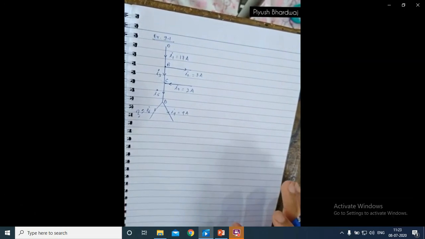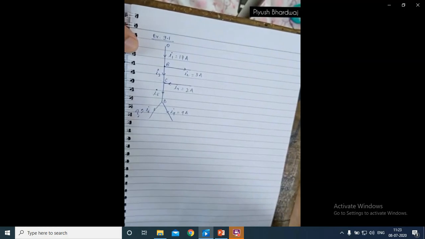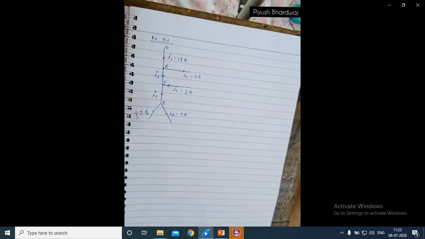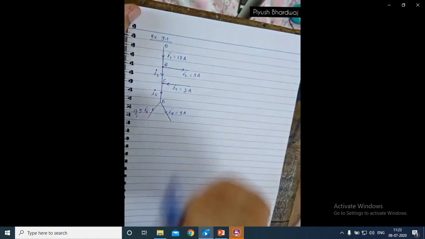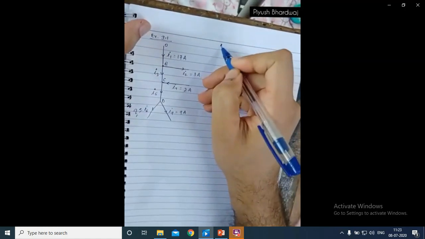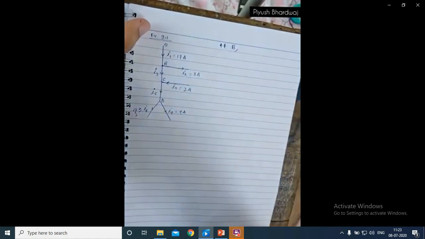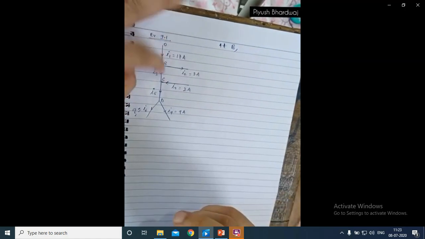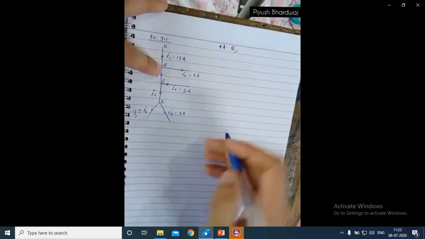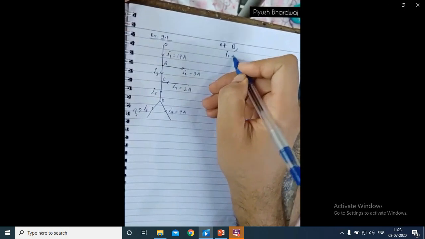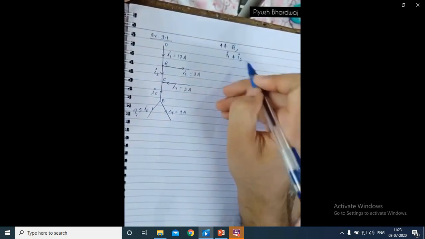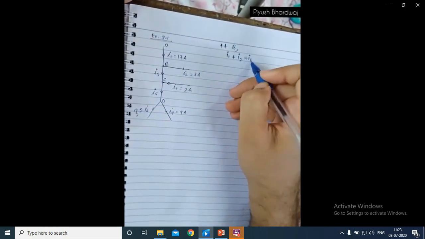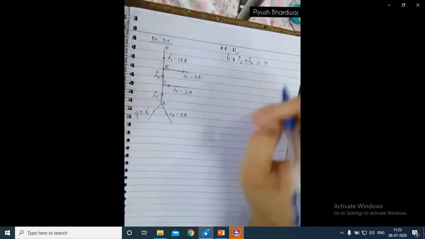Using the first law, that is Kirchhoff's first law, the junction rule, let us see how we do that. The first thing you do is go junction by junction. So let us see at B, apply the junction rule. At B how many currents are there? I1 coming at B, I2 and I3. Three currents are related with junction B. So you write I1 plus I2 plus I3 equals 0 according to the first law.